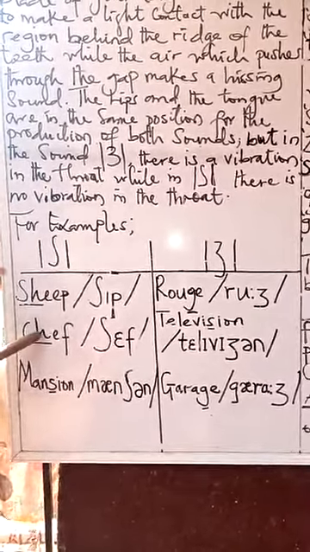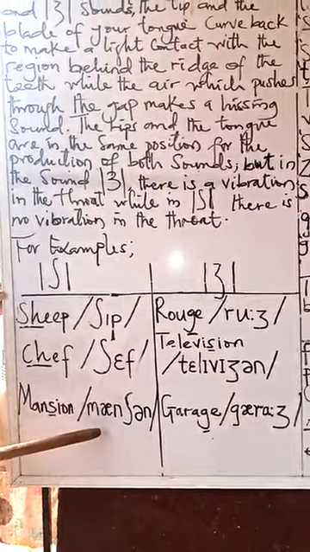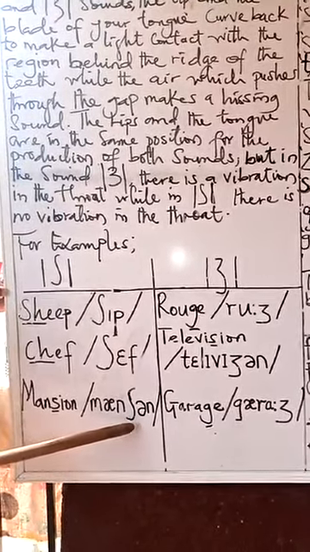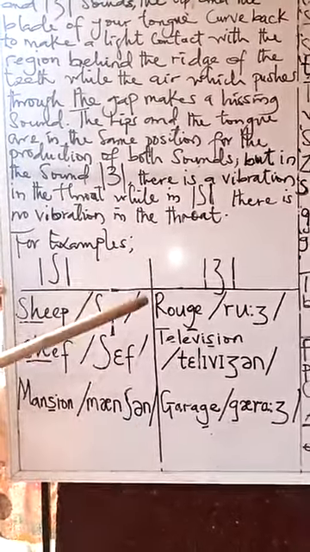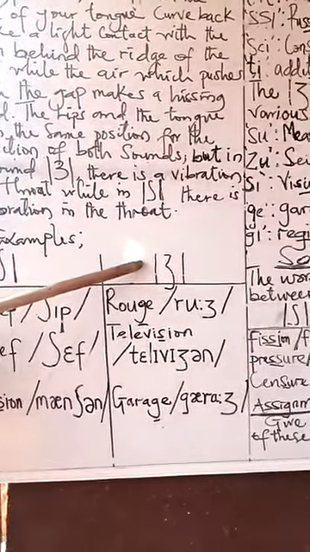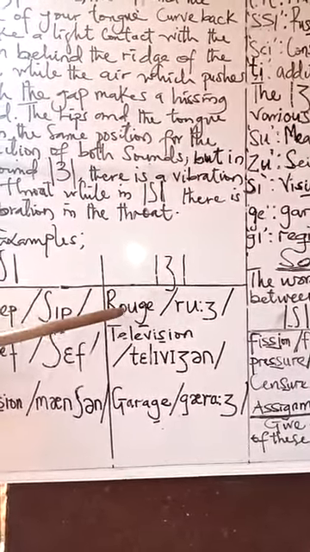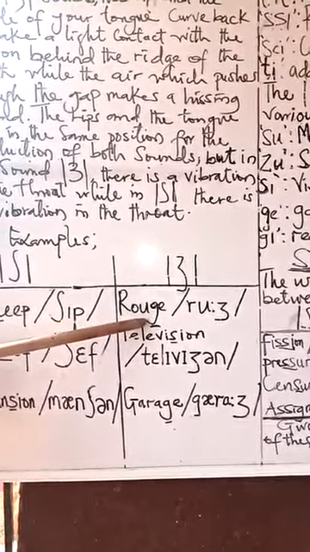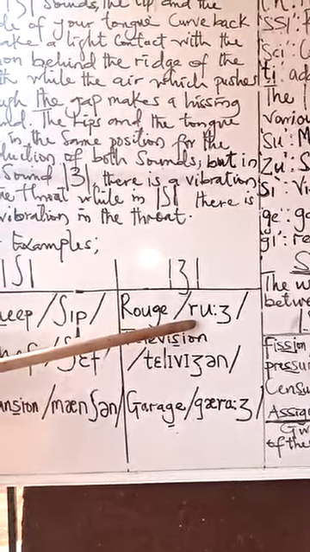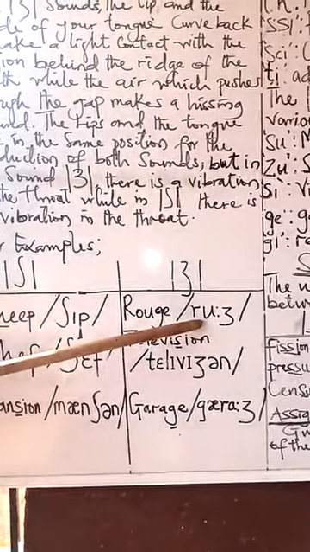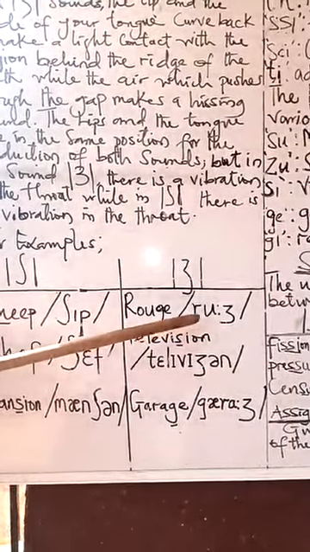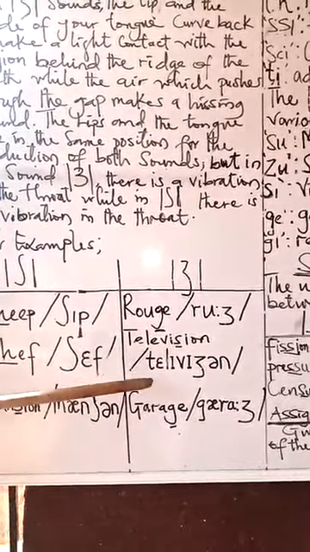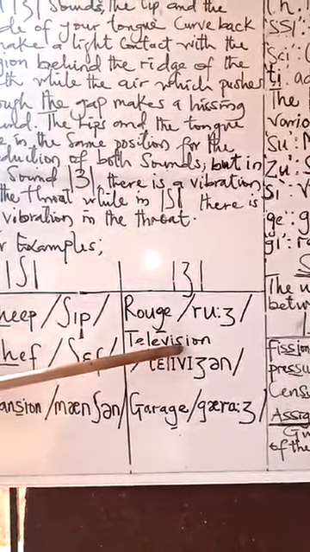Also, the sh sound can also be pronounced in letter S of mention. Now let's pronounce that together again. Mention. Now we move to the second consonant sound, the j sound. Now it can be pronounced in letter G of rouge. Again, rouge. Also, it can be pronounced in letter S of